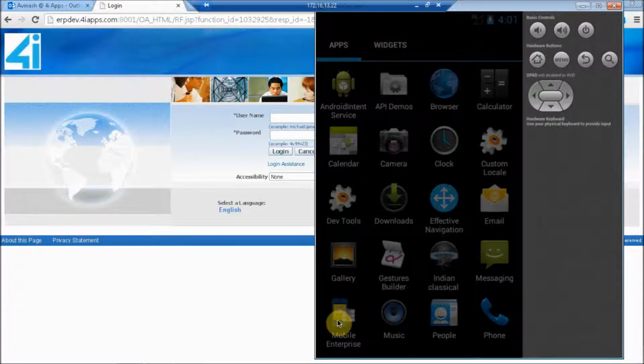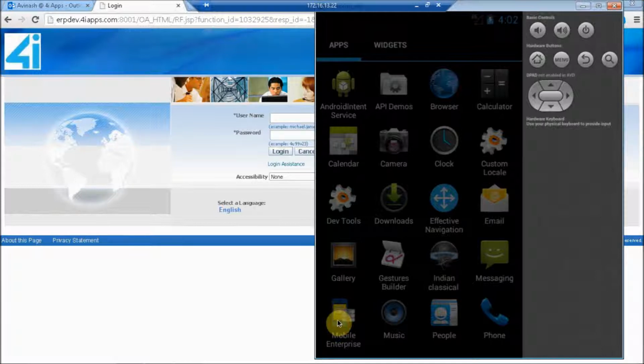Now I'll show you hands-on how we have extended the OAF module to mobile. We are making use of web services to communicate between the EBS server and the mobile. Web services help us transmit work orders and work request parameters through the internet to EBS servers. EBS server assets will not be exposed to the outside world, so data transmission happens through an intermediate server where we are hosting the web services. We also have encryption algorithms integrated for data security.